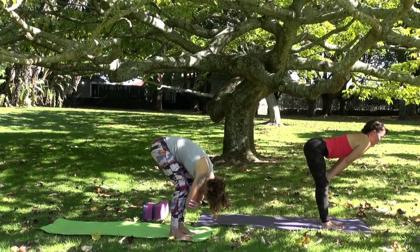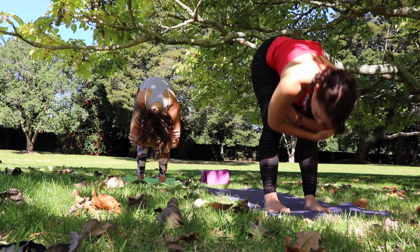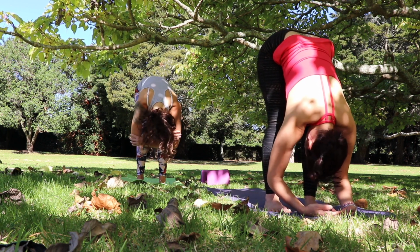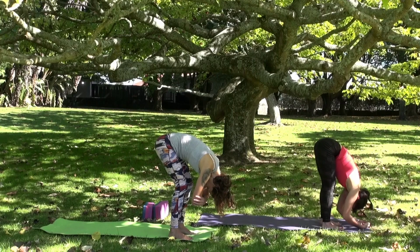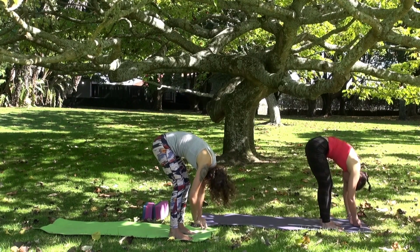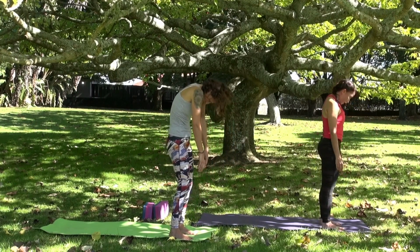You can lift the head above the heart if you do have blood pressure issues, and you can even bend your knees and hang out here. It's all good. Otherwise, enjoy that length as you hang. Breathe deeply into the tightness in your body and your legs. We're going to ragdoll up by pressing through the feet, drawing the belly button into the spine, and you will feel your body lift. Press through those feet a whole bunch and gently roll up through your spine,